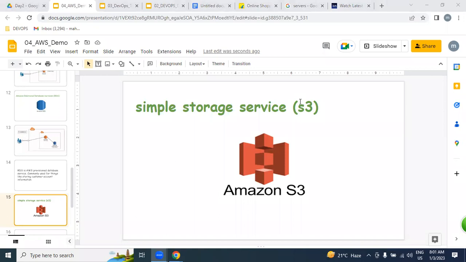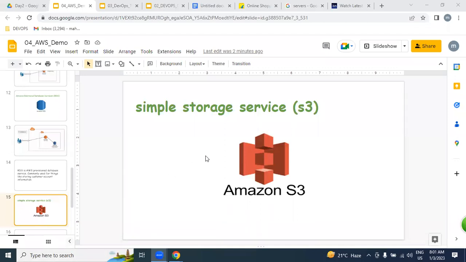Everybody is using Google Drive, am I right or wrong? The same way you are using Google Drive, our S3 bucket works too. Simply, we can upload or download any kind of file, either PDF, video, audio, doc file, or image file, into the internet or from the S3 bucket. Upload or download at any point of time, for any device.